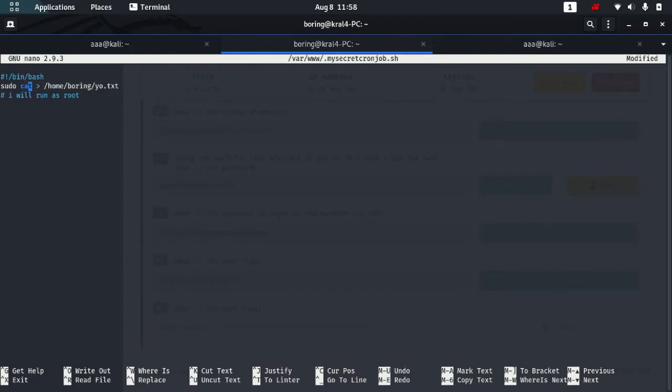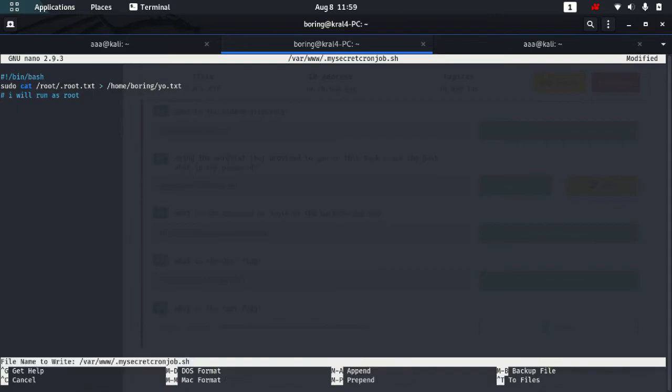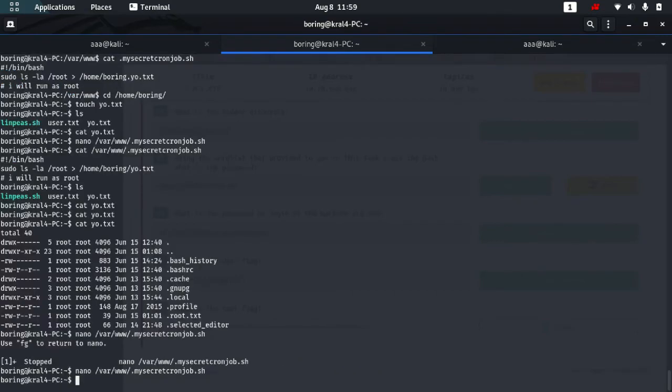So we'll do cat and the directory, which is /root, and then this file, then again I'll put a slash, and the output of this should go again in yo.txt. I'll write out this flag file and save it.